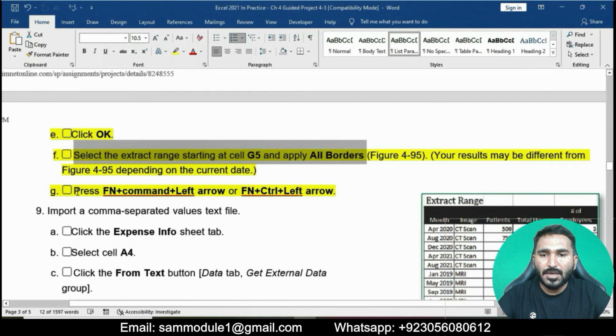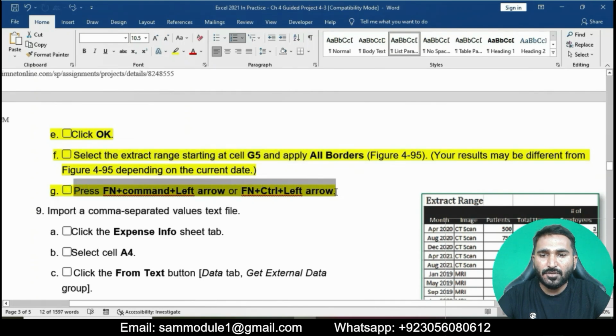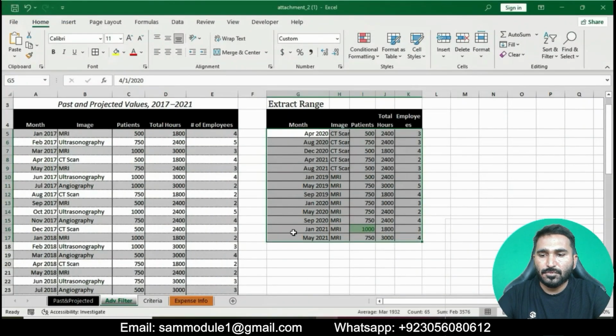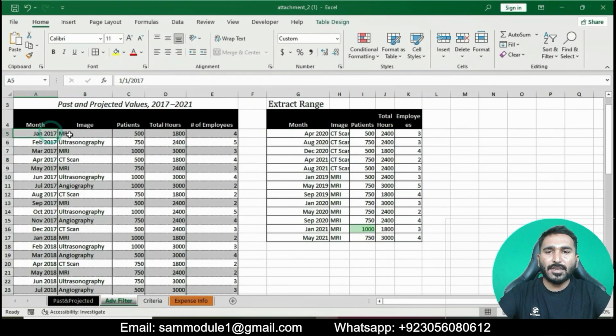Now press F and press control left arrow. Okay, you can see I have done 80% of this project.